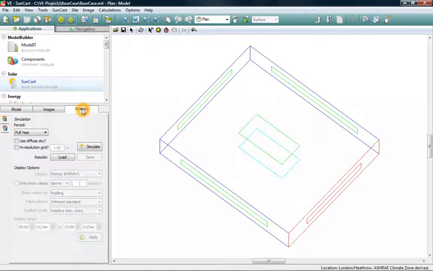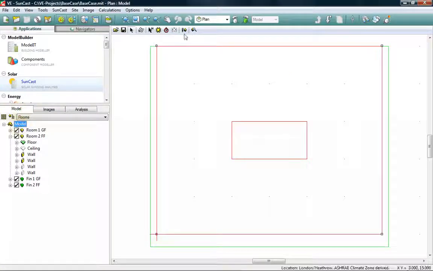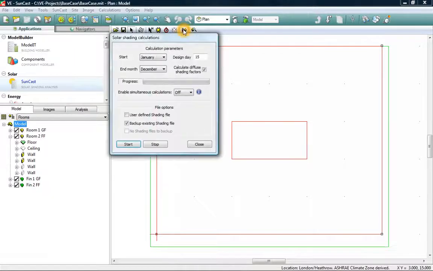In analysis, we can do solar energy analysis and solar exposure analysis. But for this tutorial, I'm going to introduce you to solar shading calculations. But for now, we need to be able to activate them. So back on model, I click on the model. Now the tab is available, solar shading calculations. I'll click on this. It's set from January to December on design day 15, so the 15th day of each month. So I will start